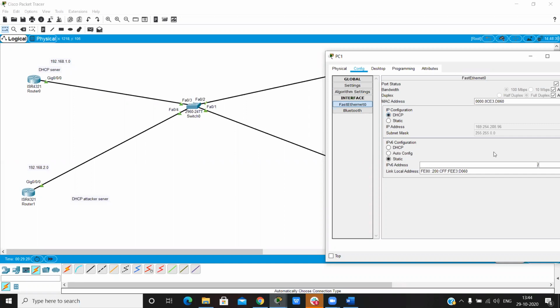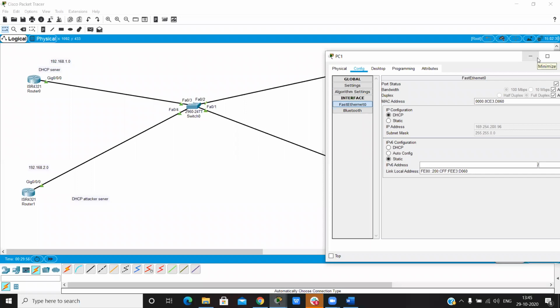Now you see that it considers both servers as untrusted, and we get an IP from the APIPA range. We learned APIPA in subnetting. Remember, when we are connecting to the DHCP server but are not able to receive an IP from the server, at that time we get this IP.